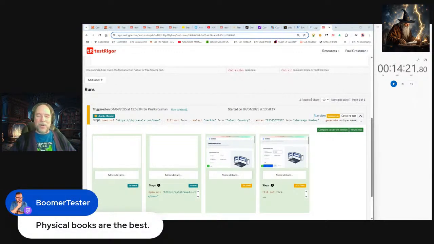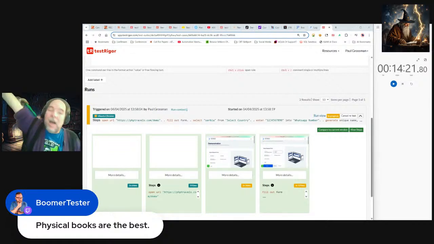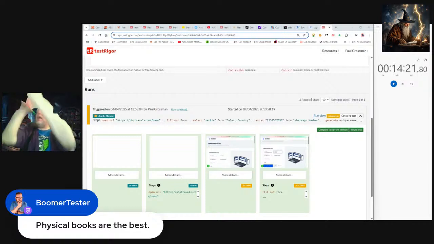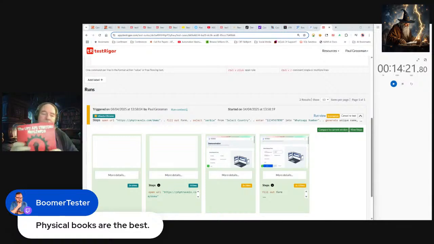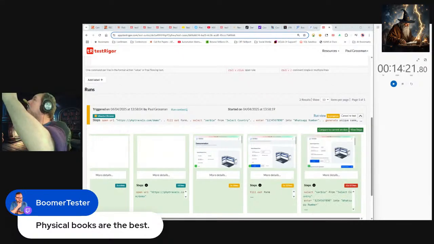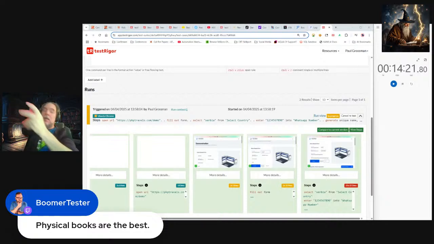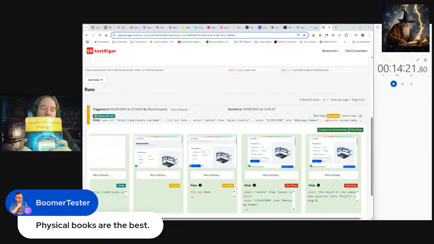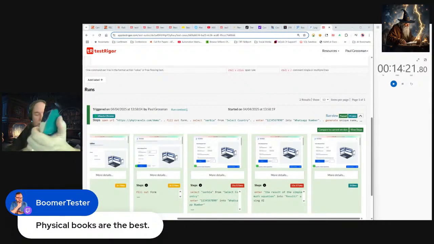Boomer says, physical books are the best. I have tons of them up on my screen. Absolutely. If you ever want to learn how to do API testing with UFT, if you're still using that, Joe Colantonio's book, The API Manifesto. If you ever wanted to learn a little bit more about QTP, this is the book that I use. This is my oldest book, Quick Test Professional Unplugged, back before QTP changed over. It's written by a guy named Tarun Lalwani. He kind of disappeared off the scene. I don't know where he went.